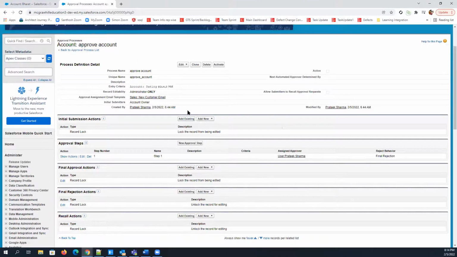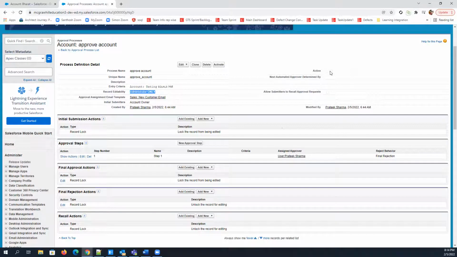This is your approval process detail page, and in process definition detail, you can see what we have mentioned till now. Entry criteria should be account rating equals hot, record editability administrator only. So if a record is submitted for approval, then the record owner and administrators can only change the record in the process of approval, right?